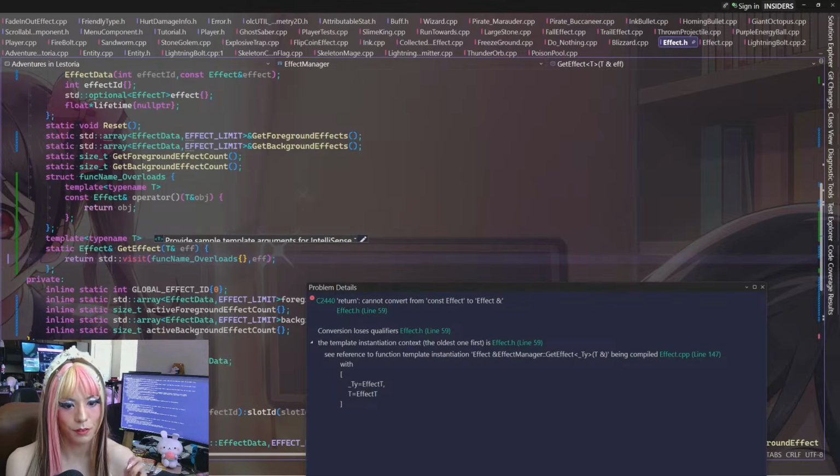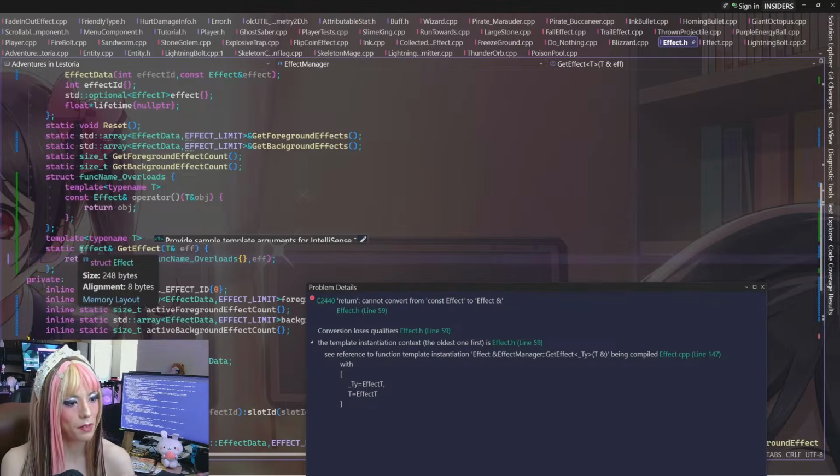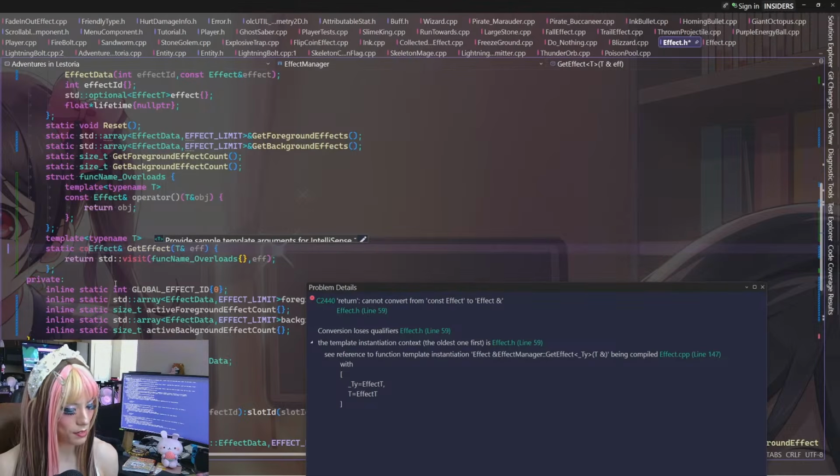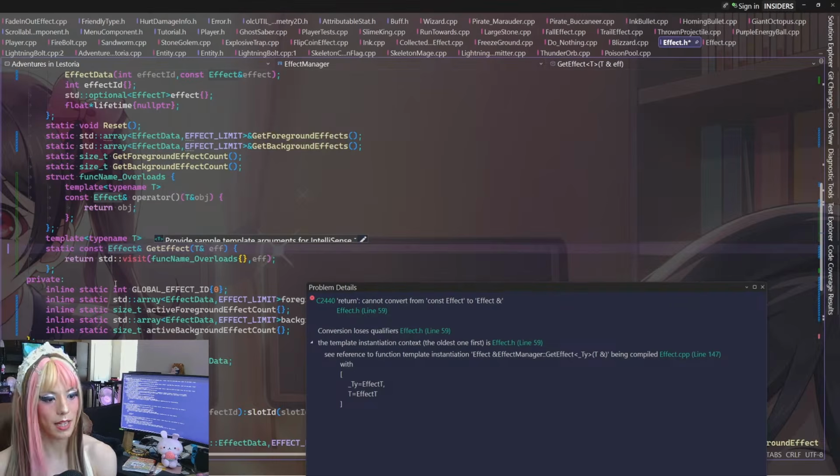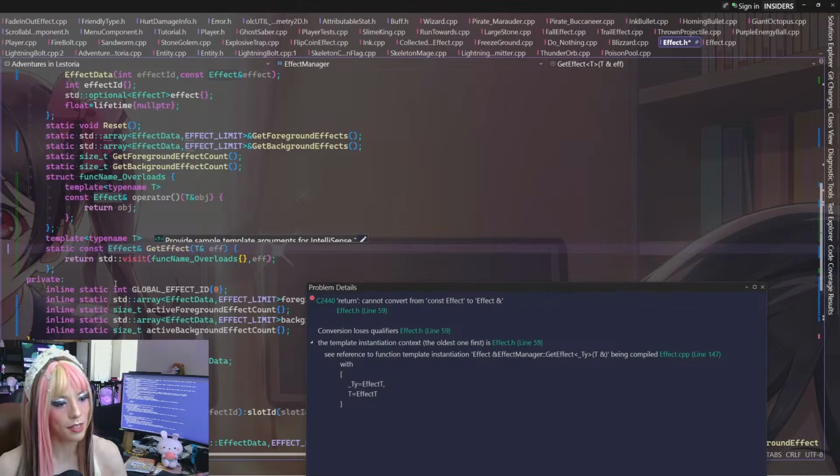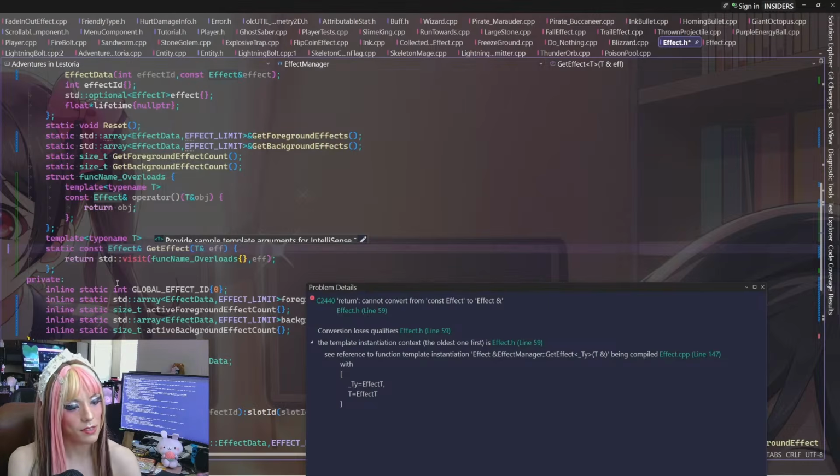Cannot convert from const effect. Oh wait, so now it's returning a const, right? But if I do that, then I can't modify it, right? Which is not what I want. So do I have to const cast it? Because that's not what we want, right?